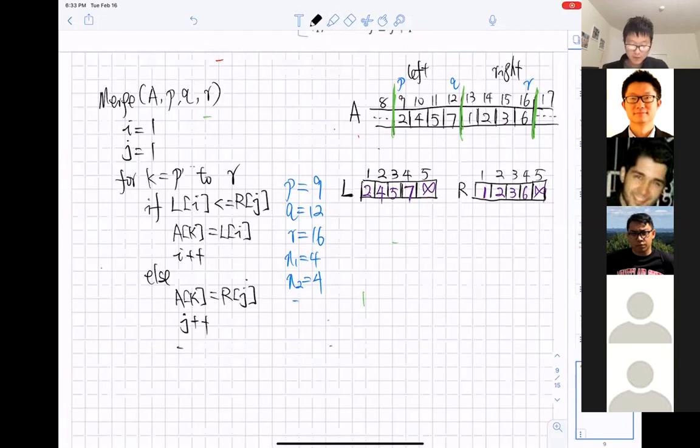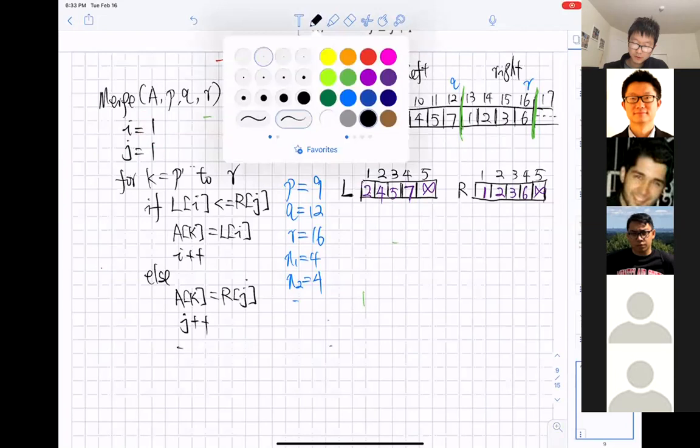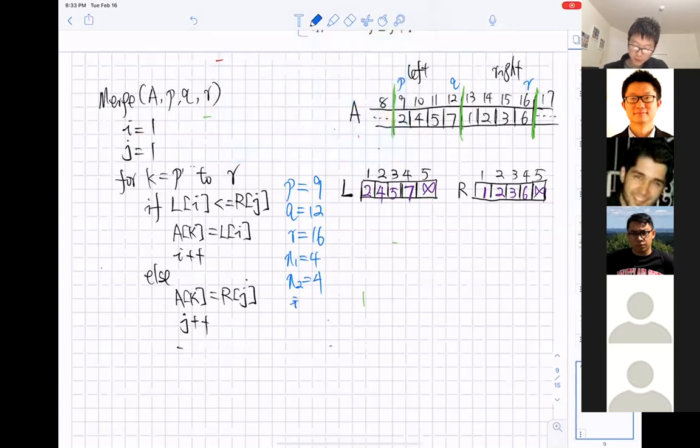Okay, so this is the second part of the pseudocode. First, we create two integers i and j whose initial values are both 1. So let's write down over here. Again, we're going to use i and j as the index of the array.